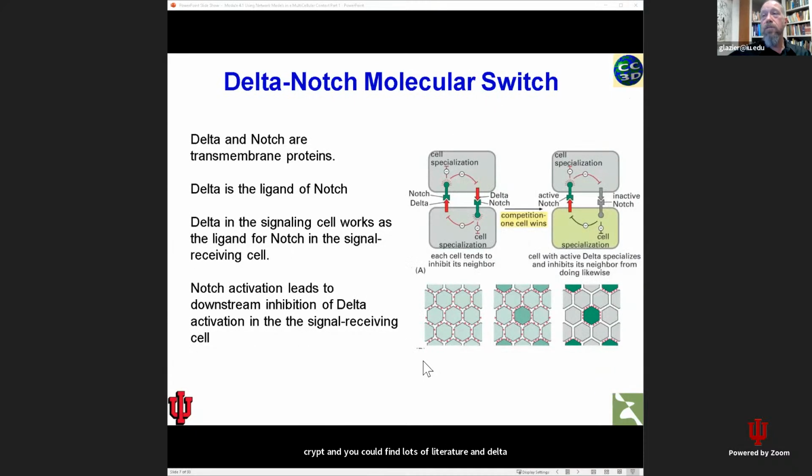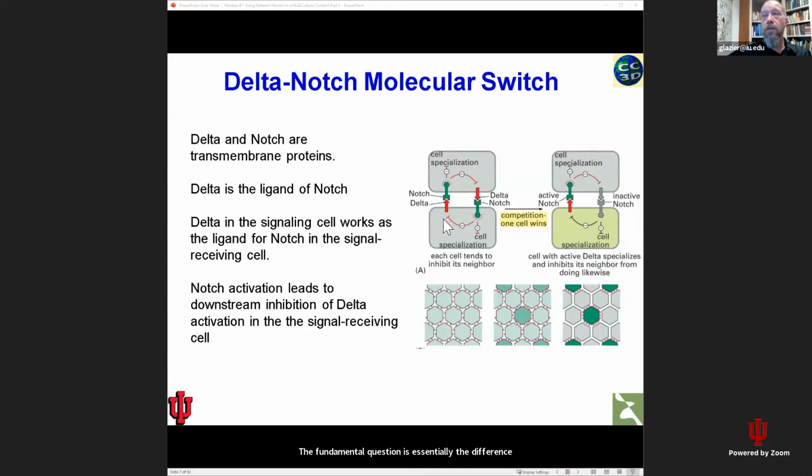The actual delta notch pathway is pretty complicated, but the key thing that's interesting about delta notch from the point of view of modeling is that it's a juxtacrine mechanism. Every cell has a delta and notch on its surface. Delta on a cell touches notch on the neighboring cell. Notch on my cell touches delta on the neighboring cell. The fundamental question is essentially the difference between the delta and notch